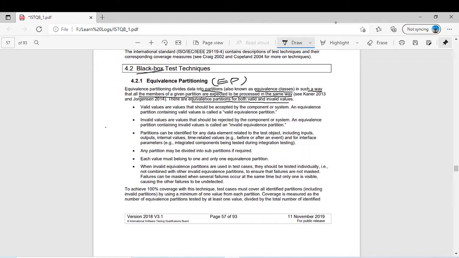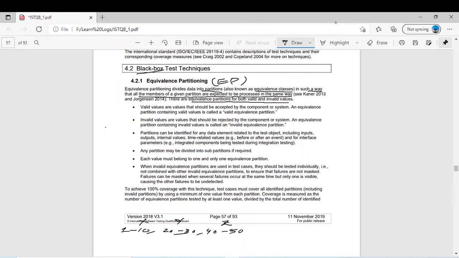Let's say we have three categories: 1 to 10, 20 to 30, and 40 to 50. We have these three ranges. Let's take an example of a passing grade. For 1 to 10 it is type X, if it is 20 to 30 it's type Y, and 40 to 50 it's type Z. And they ask in the question, find the minimum test cases required from equivalence partitioning.